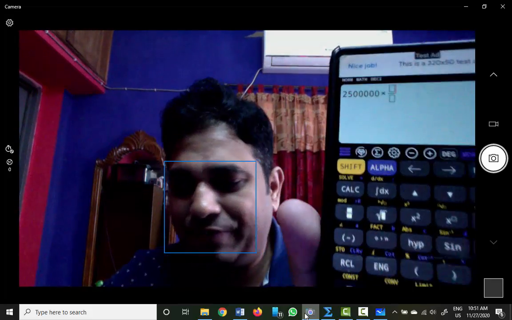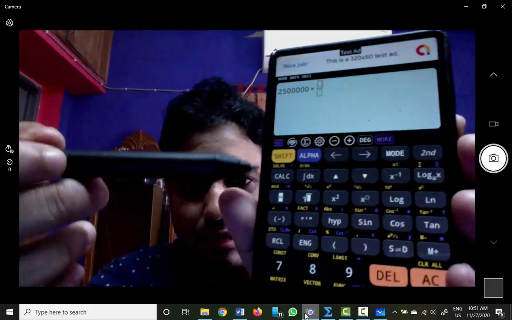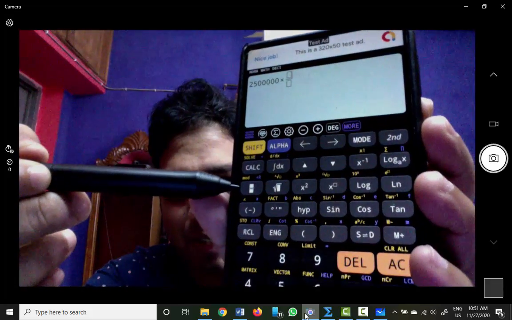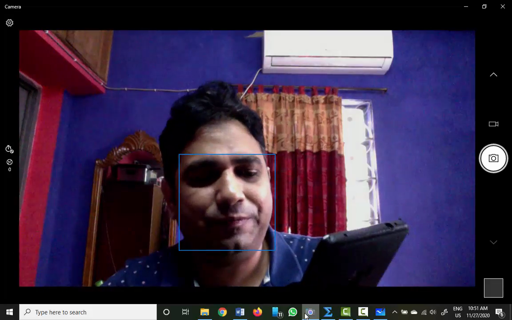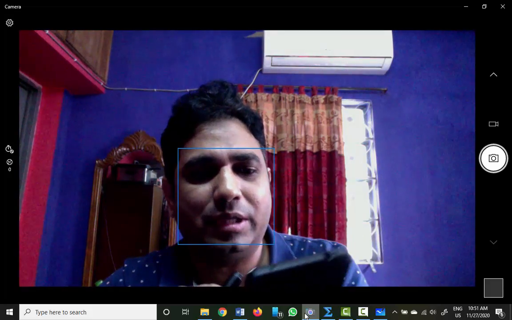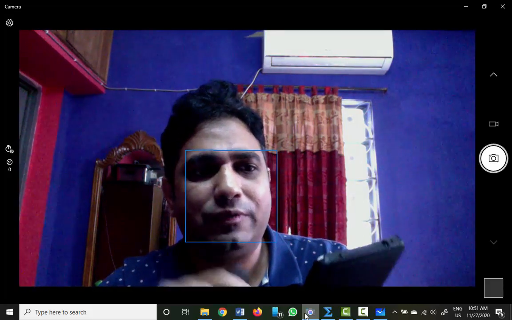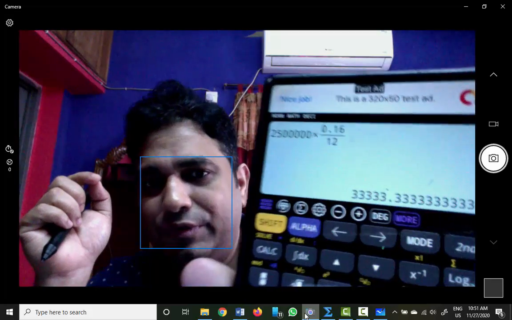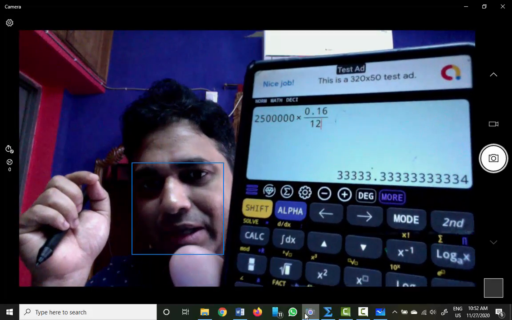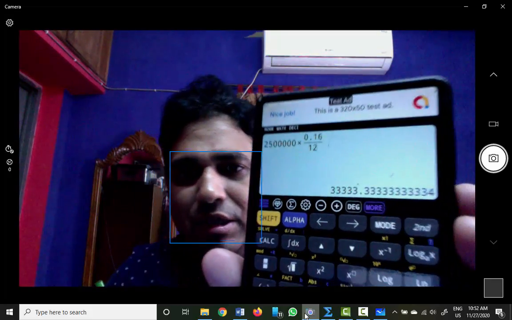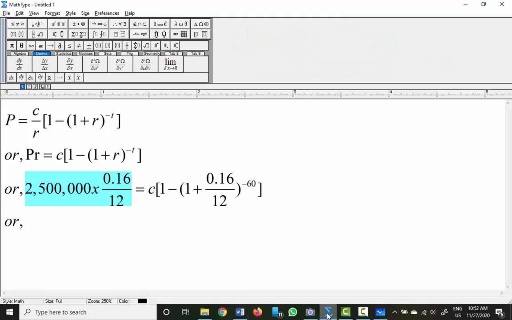So this is the fraction button from your calculator. So divided by 12, right? So if you type it this way, you should get the answer, which is 3333.3333, right? Is equal to C,